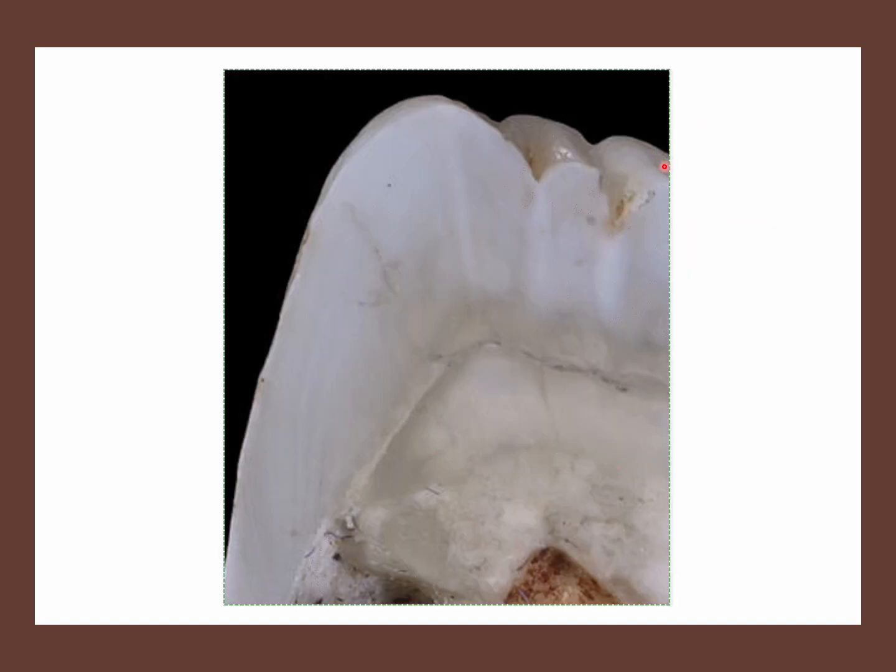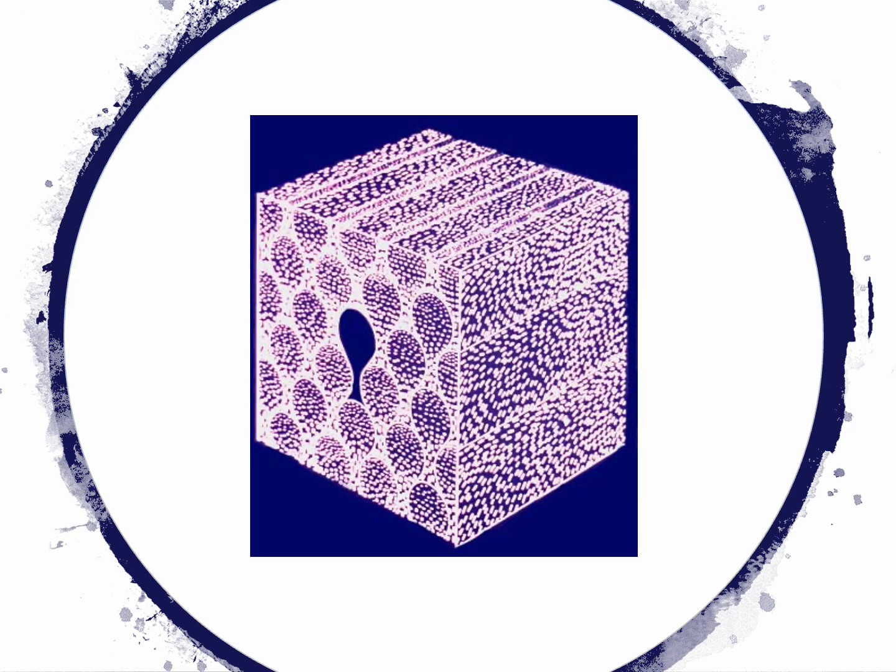This is a histological section that shows us the white enamel surface of the tooth covering the yellow dentine beneath. There is a junction between them, called the dentino-enamel junction. This enamel, this beautiful enamel, is composed of a building block or building unit. It's called the enamel rod. Enamel rods usually take this keyhole shape